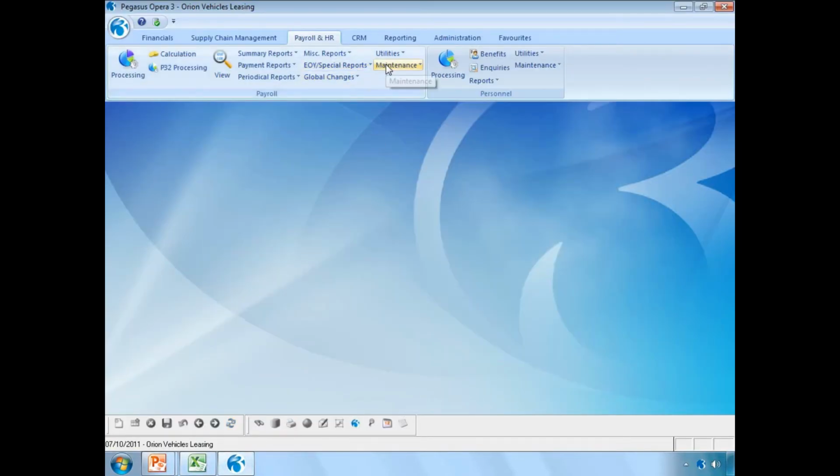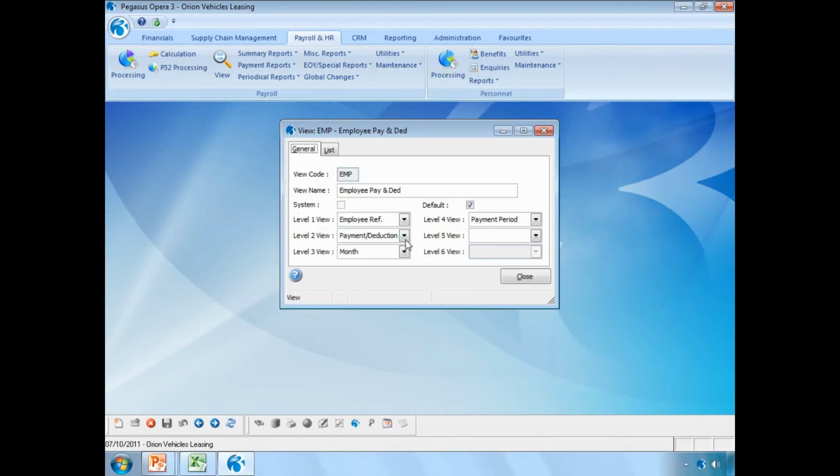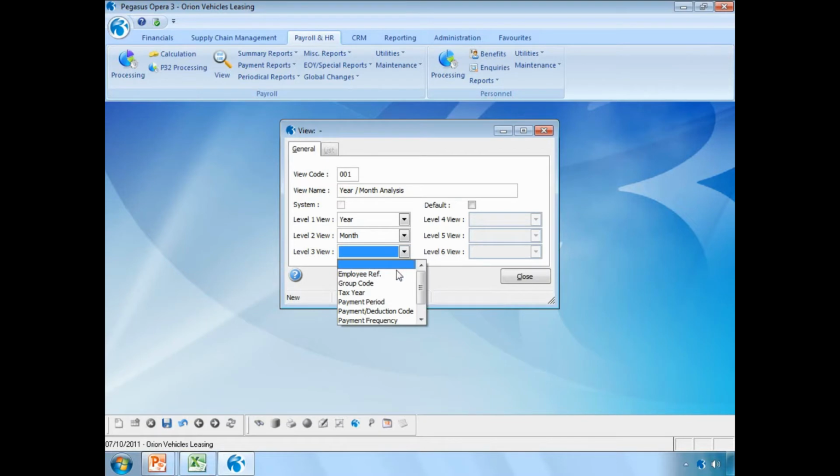We can create these views simply and quickly. Let's just create a view. I'm going to create a new view, and I'm going to call this view Year-Month Analysis. And in this particular view, I'm going to include the calendar year, the calendar month, and I'm just going to include who the employee is. Notice it allows us to go through and define 6 levels of analysis. I'm only using 3 in this example. If I save this away and we go back to the view screen,